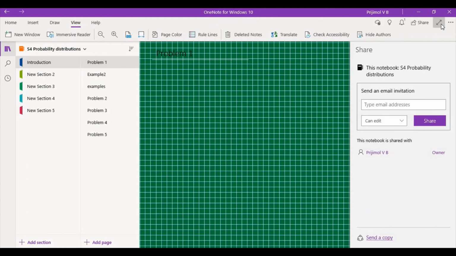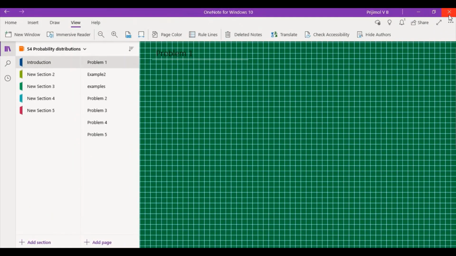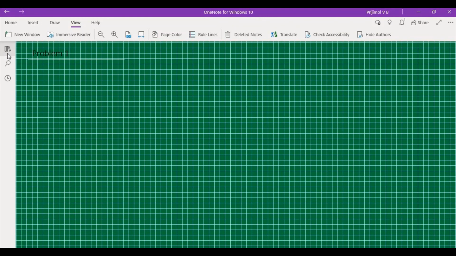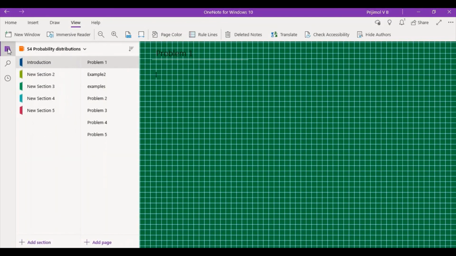There is an arrow here. If you are clicking this, then you can enter into full screen mode. If you are clicking onto this, then you can exit the full screen mode. There is also one more option for collapsing the window. You can either click onto this. This is a navigation bar. Again, if you are clicking onto this, you can see the entire sections and the pages available for each section. If you are coming back to this, there are 3 dots here.